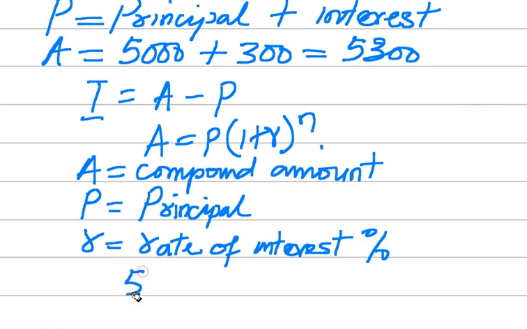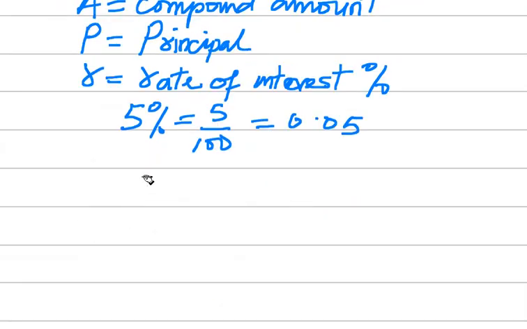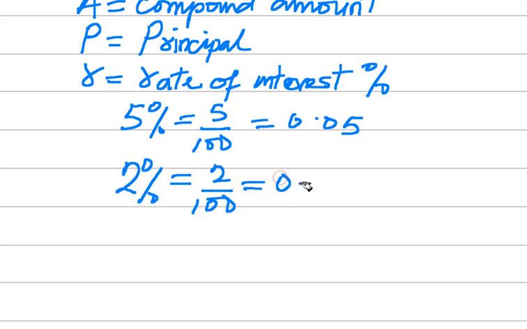Let's say you have something like 5%. 5% simply means 5 all over 100, which is equal to 0.05. Then somebody can still give you 2%. You still do the same thing, which is 2 over 100. And when you divide this by calculator, you get 0.02. Now, what if you are given something like 5 whole number 2 over 3%